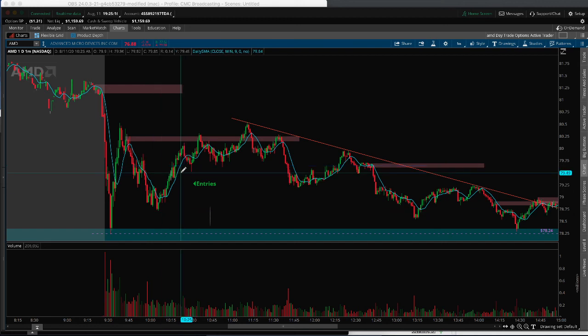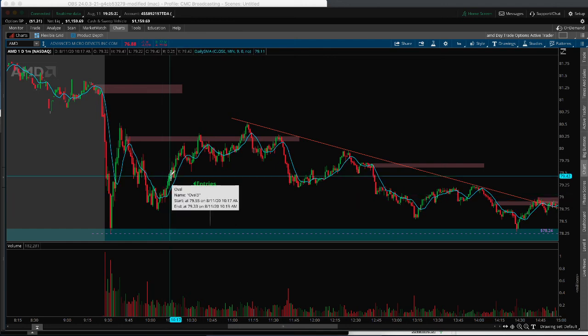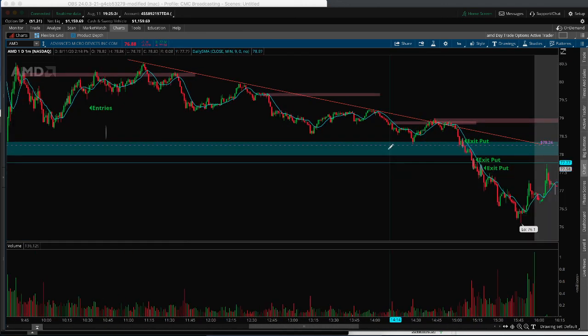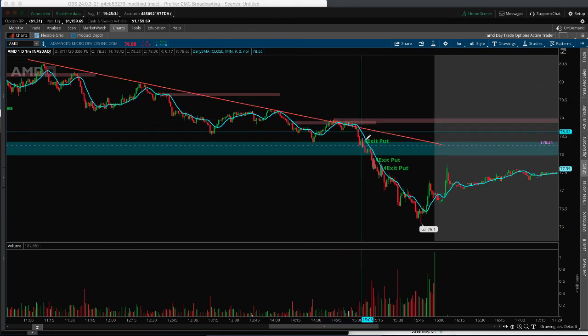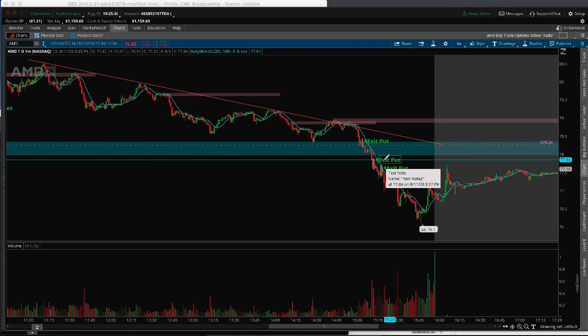Should have bought calls, but I was trading like an idiot today and I bought puts right here. So I held it all the way until the end and I'm watching the stock pretty much the whole day. Yeah, I took a couple breaks, like I went to go eat and go to the bathroom, but I held it all the way down here and then you can see I got out here. Then I got out here. That would have been about